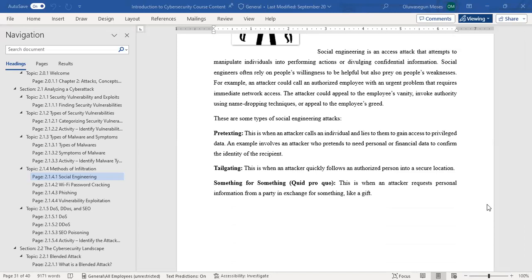Pretexting is when an attacker calls an individual and lies to them to gain access to privileged data. An example involves an attacker who pretends to need personal or financial data to confirm the identity of the recipient. I believe this is very rampant nowadays because I was actually a victim of it. There was a time some people just sent a message to me that I have an issue with